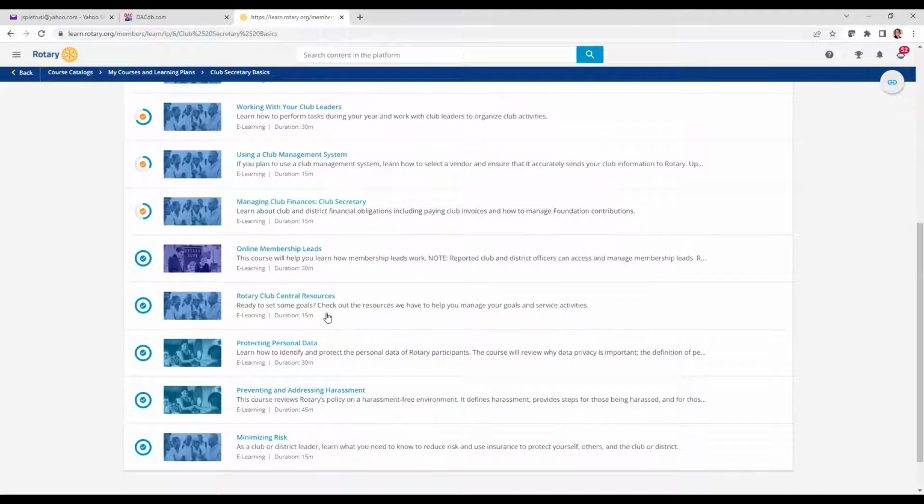Rotary Club Central resources will be valuable. One of the things we mentioned earlier, the tools in MyRotary. So working with your club president is helpful, and it may be your club president that leads this, or it could be you that leads this. You can share what goals have been entered for the year, and more importantly, share it throughout the year with your club members to see your progress towards your goals. It's just a higher probability to achieve a goal if everyone has buy-in and they know what we're trying to achieve. If we never share that,